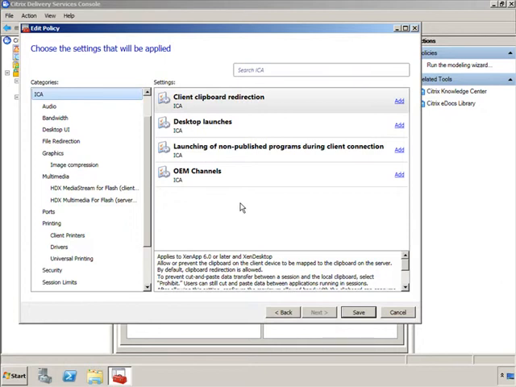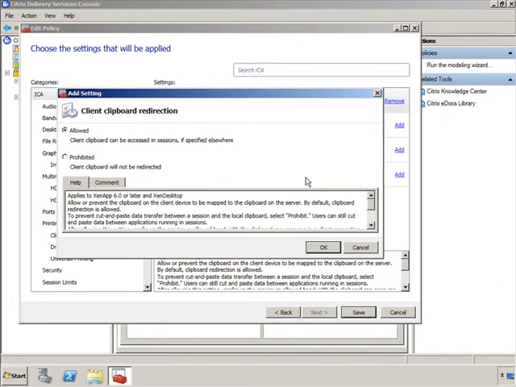So the first thing you're going to notice here is client clipboard redirection. If you enable that, then you're allowing the users to do copy and paste or cut and paste between the client and the server. Now, this might be okay on your LAN, and it probably is a good setting to have enabled because it improves the user experience. But in a lot of cases, I've seen companies, and we've disabled it in environments of